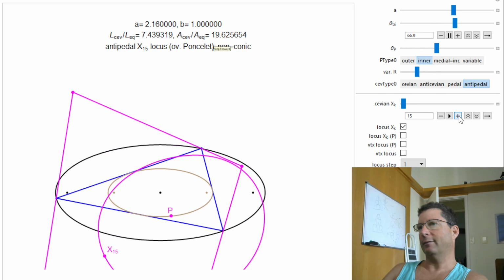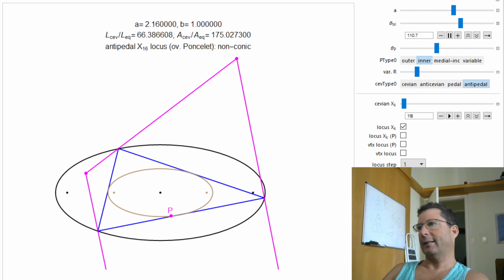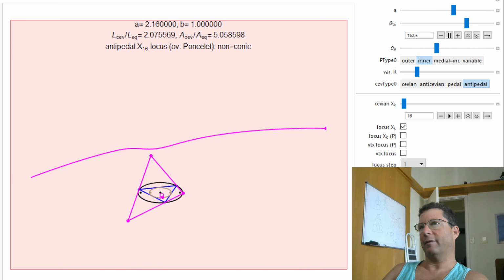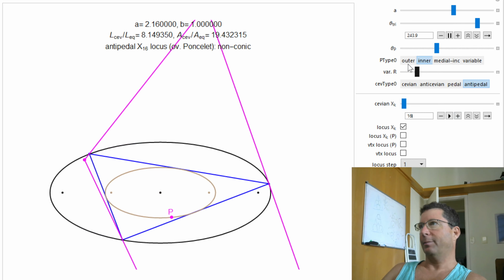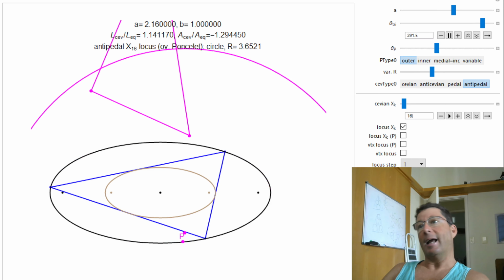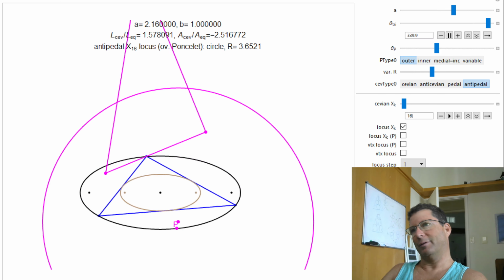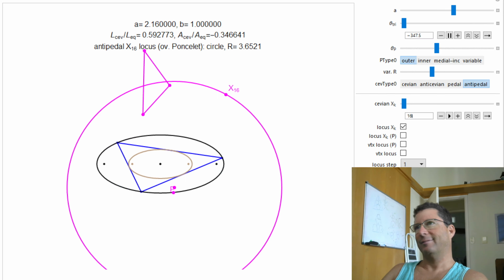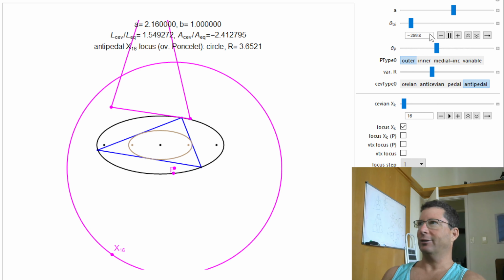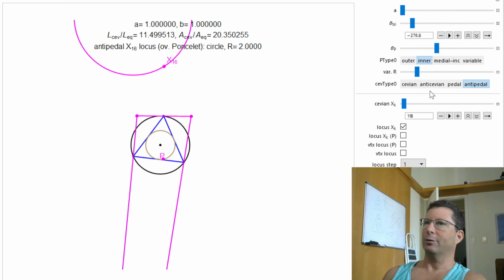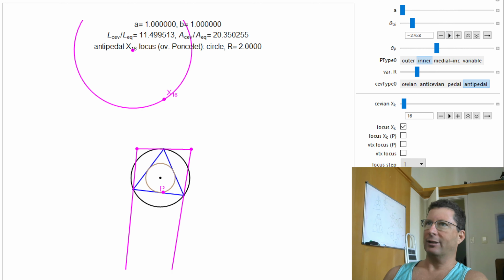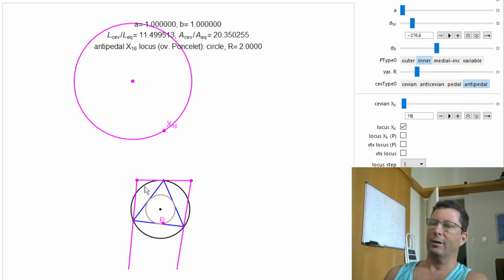How about X16? Very quickly. X16 is a non-conic under the affine if P is on the Steiner ellipse. If P is on the outer, X16 is a circle. Beautiful. Okay, so you're going to get similar things on the equilateral case. If I go over here and I go to the inner one, I'm going to get things that are complementary, right? So X16 is a circle over the equilaterals if P is on the incircle,